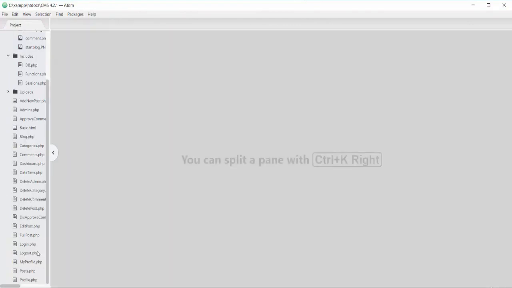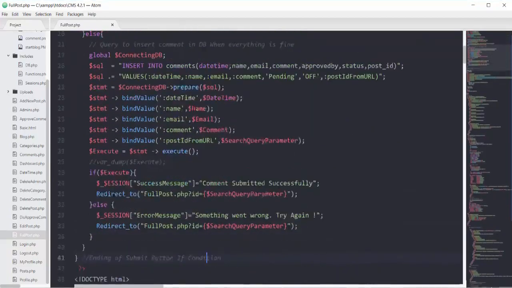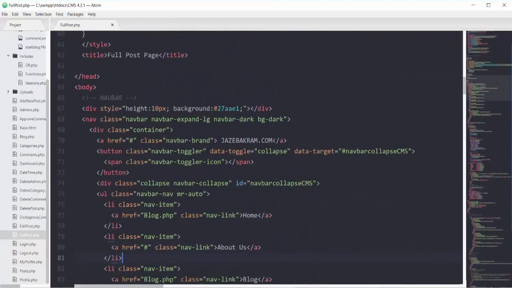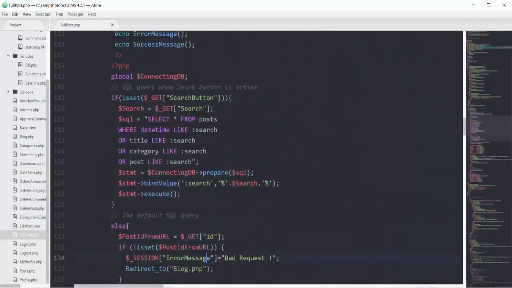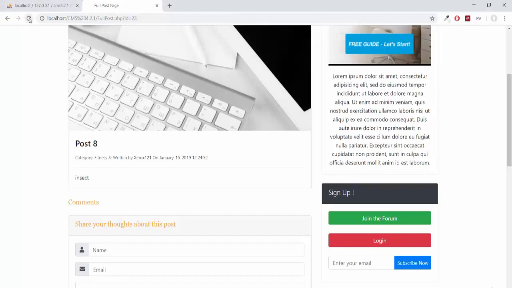Now opening my fullpost.php file, going to the area where we are showing the information in the small tag. It's right here, I will apply this here. Saving this, now if I refresh my page, you can see we got the link here.